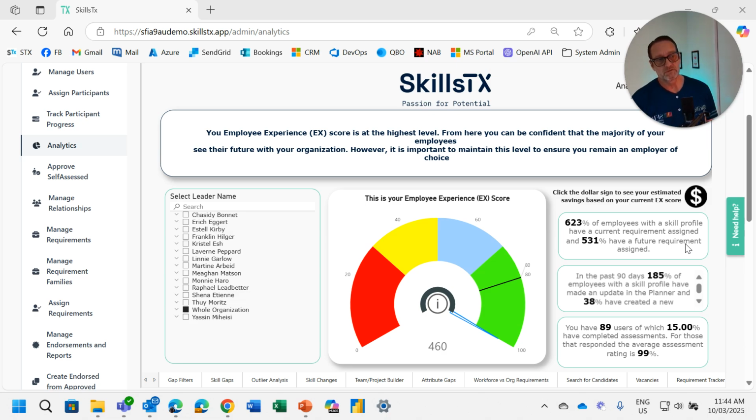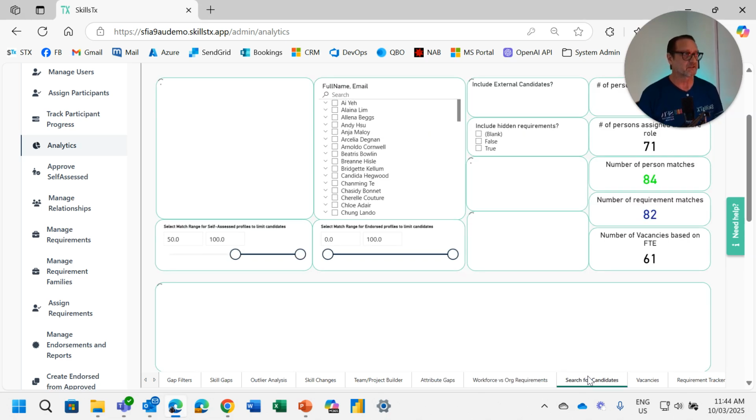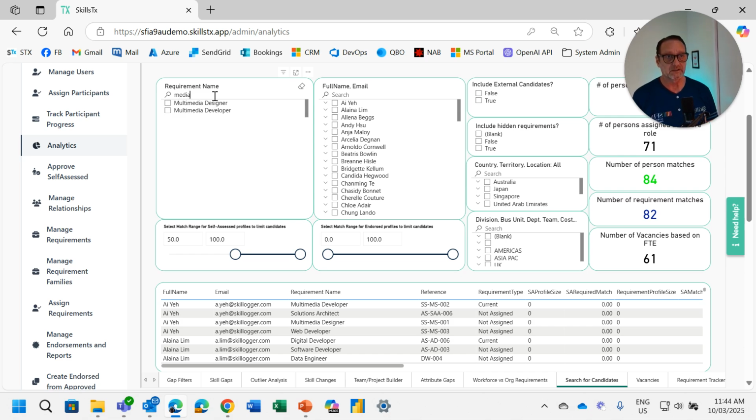Okay, so in terms of centralized control, one of the things that we have here is search for candidates. And over on the right hand side now, we've got this additional information that allows us to see vacancy rates. That vacancy rate is across all of the jobs in the system, jobs and roles. So we've got 61 vacancies in total. I'll just do a search for that media